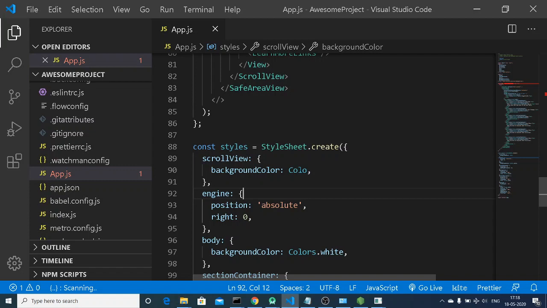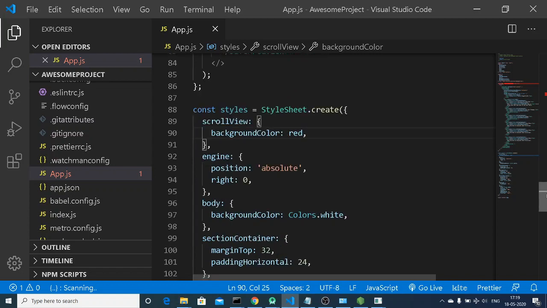So just bear with me guys, because this app is so heavy that my video is lagging. So let me just change this background color to red. And next, the body also, we need to change it to red.